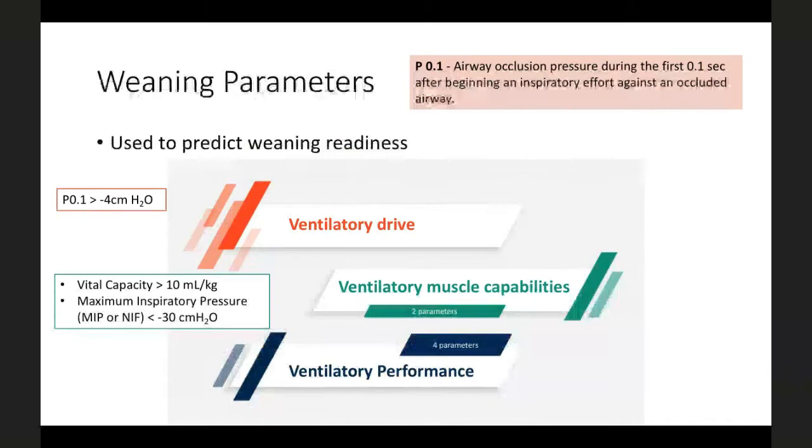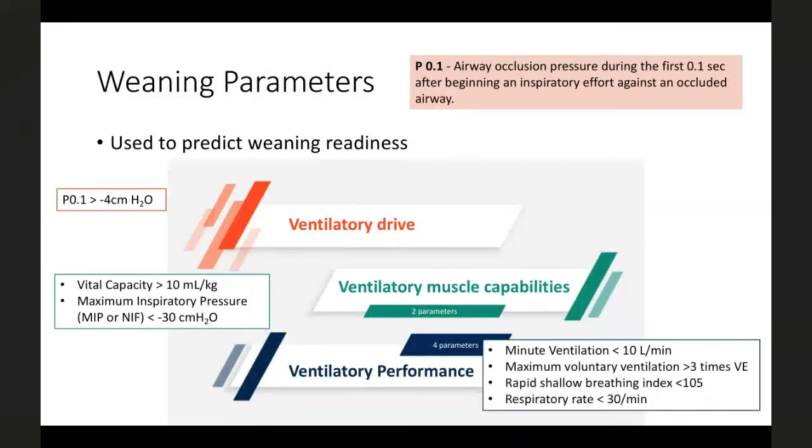Then something about ventilatory muscle capabilities. The vital capacity should be more than 10 mL per kg, and the minimum inspiratory pressure, MIP or NIF, less than -30 centimeters of water. Ventilatory performance indicators include minute ventilation less than 10 liters per minute, maximum voluntary ventilation more than 3 times the minute ventilation, rapid shallow breathing index or RSBI less than 105, and